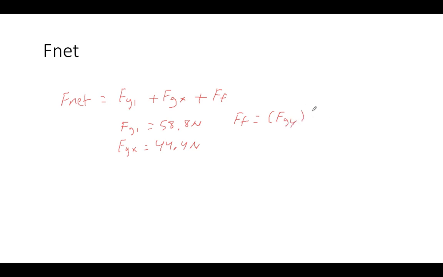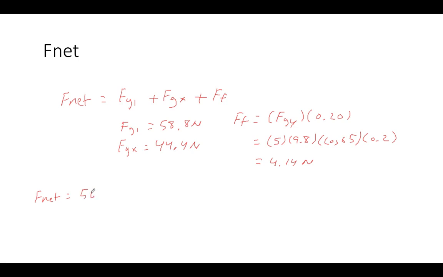Fgy times 0.2, which equals 5 times 9.8 times cos 65 times 0.2, which equals 4.14 newtons. So we plug in all our values into F net,